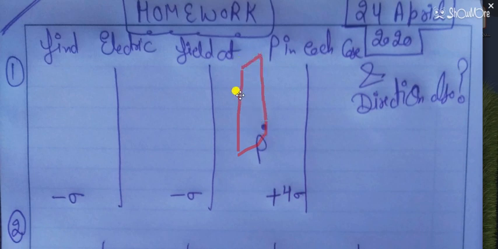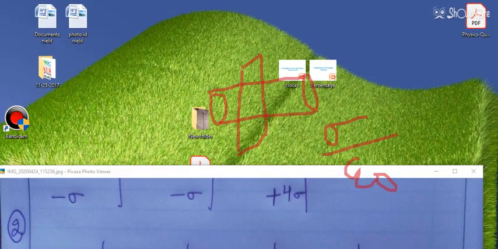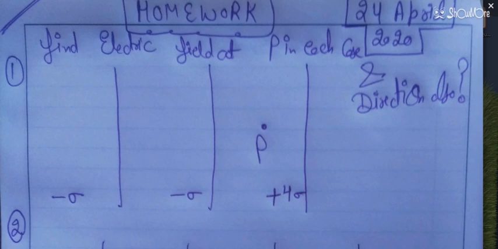As you know, we have done its derivation earlier, and its electric field is equal to sigma by epsilon naught. Epsilon naught is used when there is free space, and epsilon is used when they are in a medium. I hope these things are clear to you. If you have not watched the earlier video, or if you do not know this derivation, then you can watch the earlier video. Here I am solving some of the questions that I have given to you.